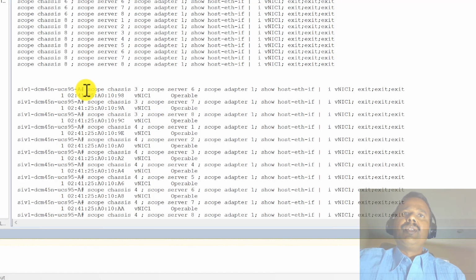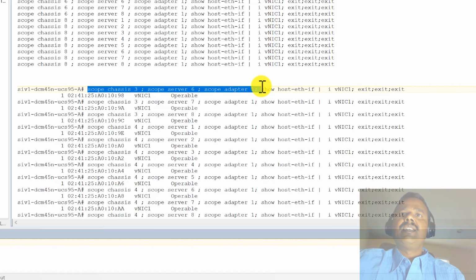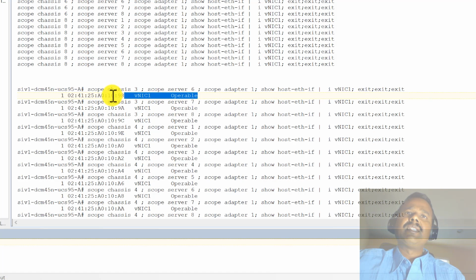So here I'm showing a few samples. Scope to chassis 3, server 6, adapter 1, show host-eth-if. It pulls that MAC address here. It filtered with vnic 1, so next to vnic 1 we are seeing the MAC address.